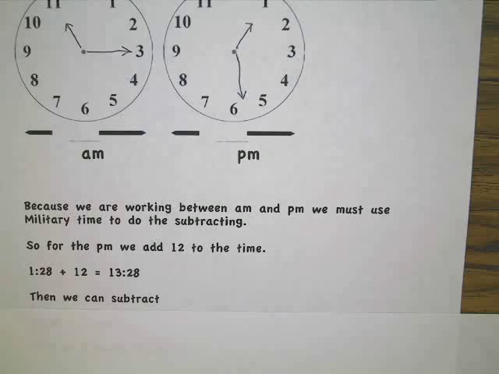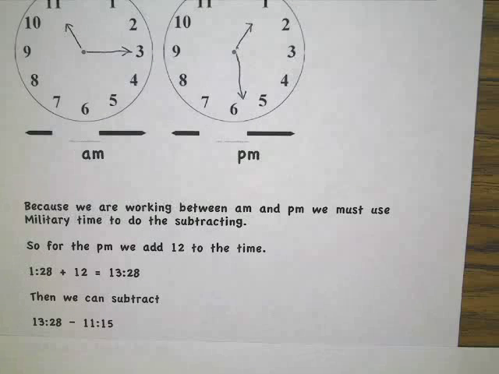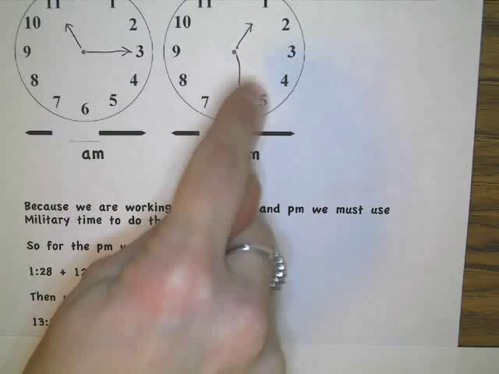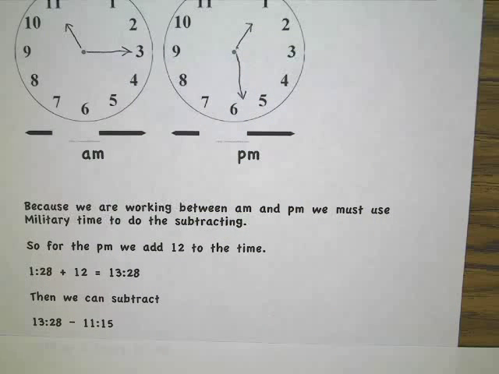1328 minus 1115, right? Because we're finding the time in between these two. So 1328 minus 1115, and we get 2:13, or 2 hours and 13 minutes. Pretty simple, right? We're all good? Okay, now,